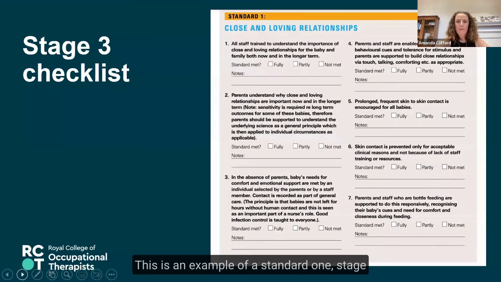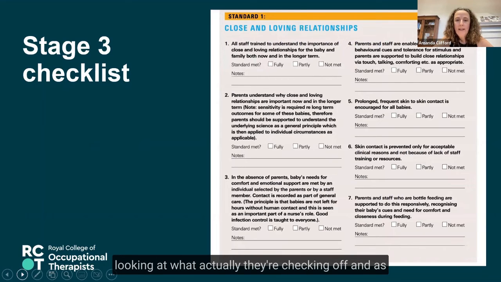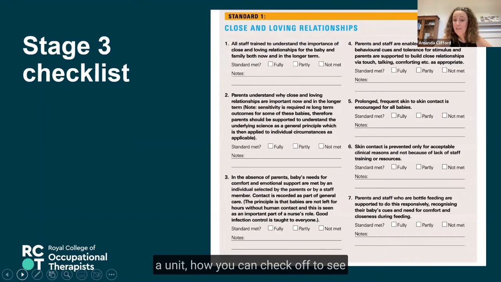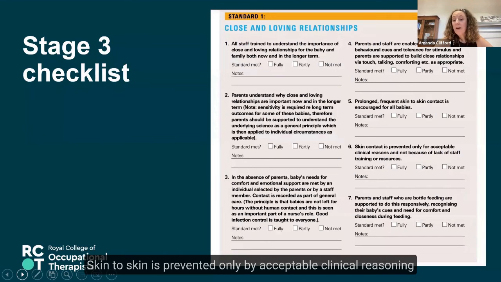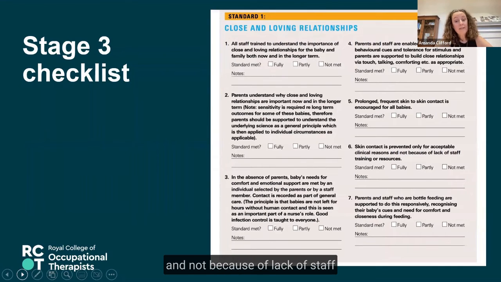This is an example of a standard 1, stage 3 checklist that they do, and it's about looking at what they're actually checking off, and as a unit how you can check off to see if you're actually doing these things. So it gives you a bit of an idea of the kind of things they're looking for. You know, skin to skin is prevented only by acceptable clinical reasoning and not because of lack of staff, and we know